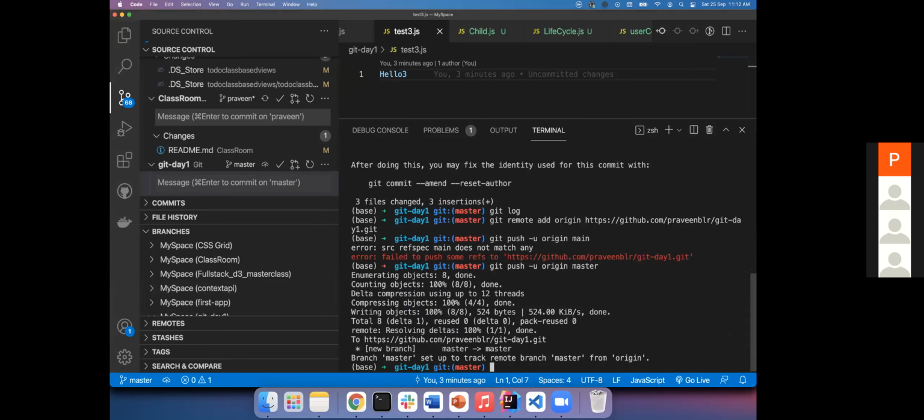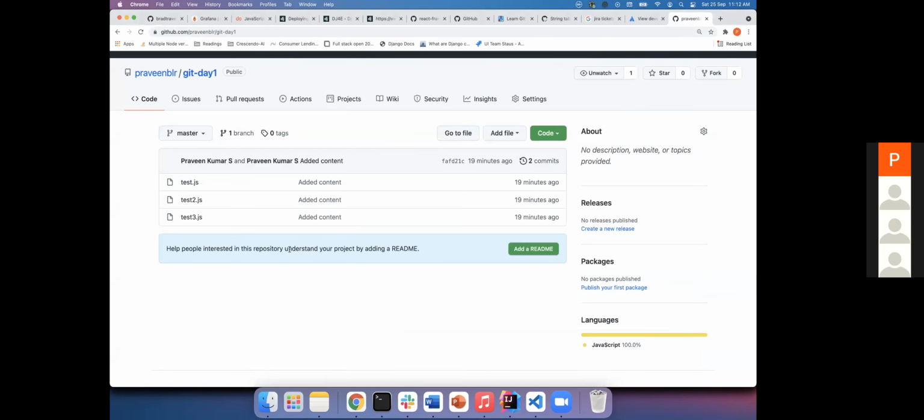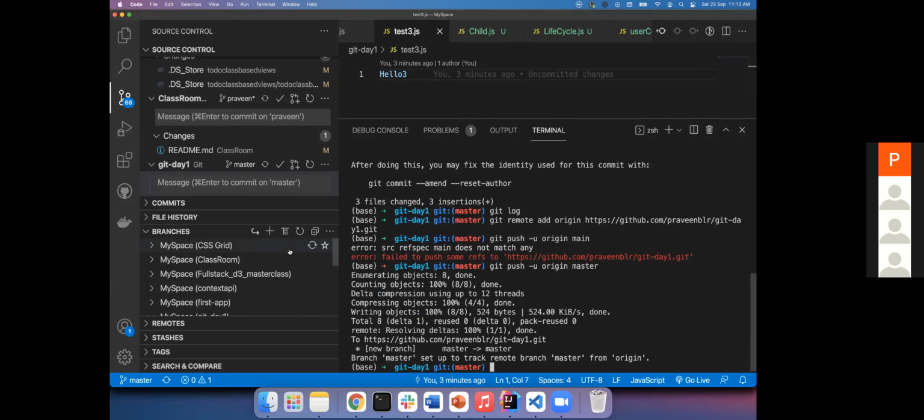Your branch is master, so you change main to master. Git push origin main.